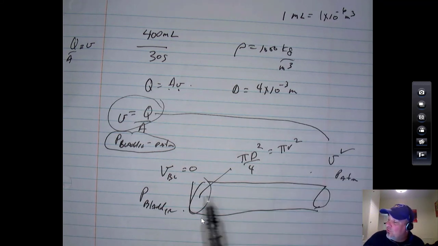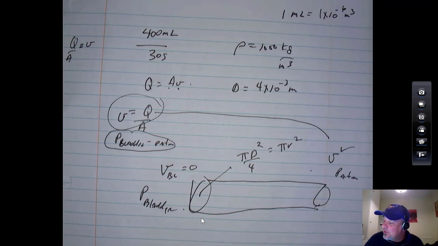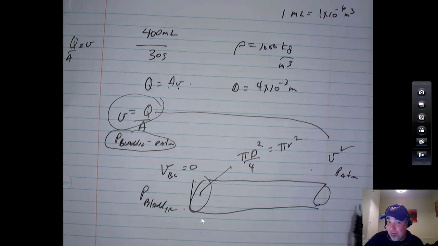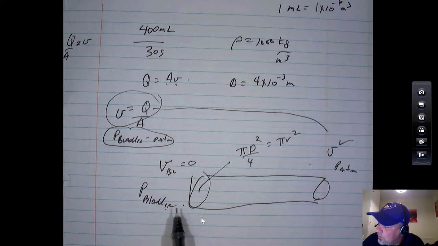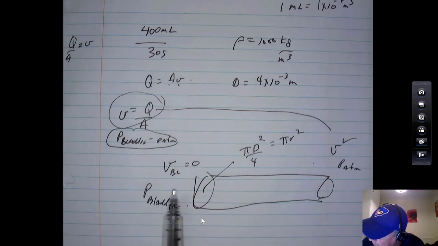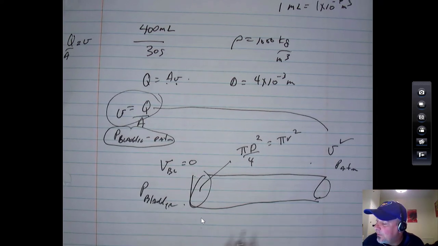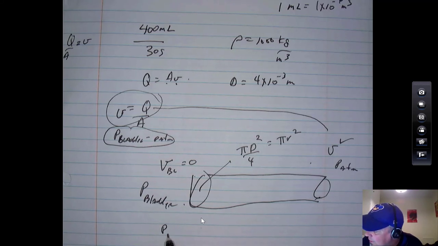So you go from nothing to something, there has to be a difference in pressure. The pressure here has to be bigger than the pressure here. Okay, so let's actually use Bernoulli's equation to solve this. You have to look at what's going on here and what's going on here. It's a horizontal tube, there's no change in height, so we don't have to worry about that part of Bernoulli's equation. But we have pressure at the bladder